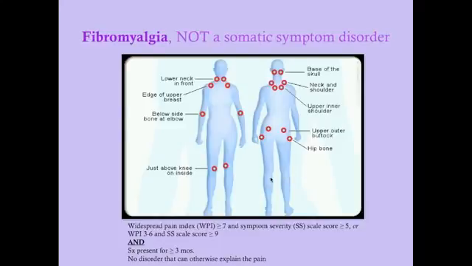We do a questionnaire, and I didn't put this questionnaire on here. You can look it up from the American College of Rheumatology. They have all this stuff, but what you basically do is ask them all the points they have pain. For each of these, it's 1 point if they do indeed have pain there, and you count them up. And then you do an inventory of their symptom severity. It's really just based on how much it interferes with their daily life. And you get a score for both of these.